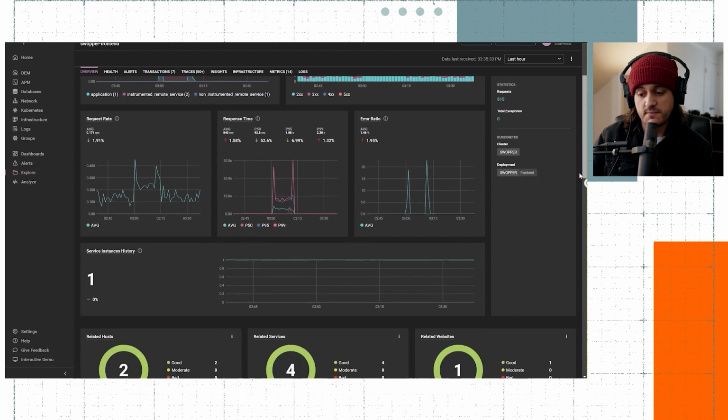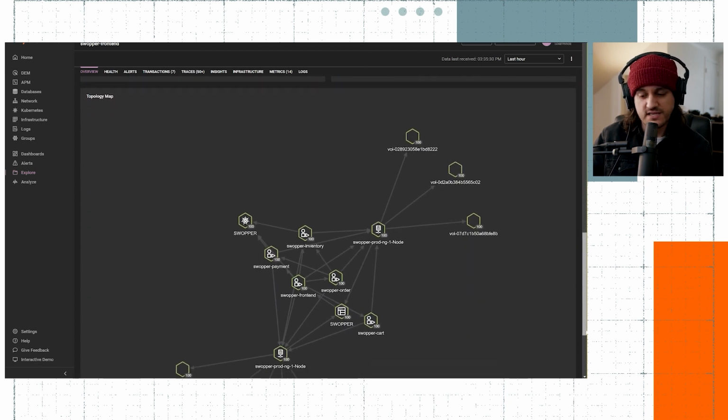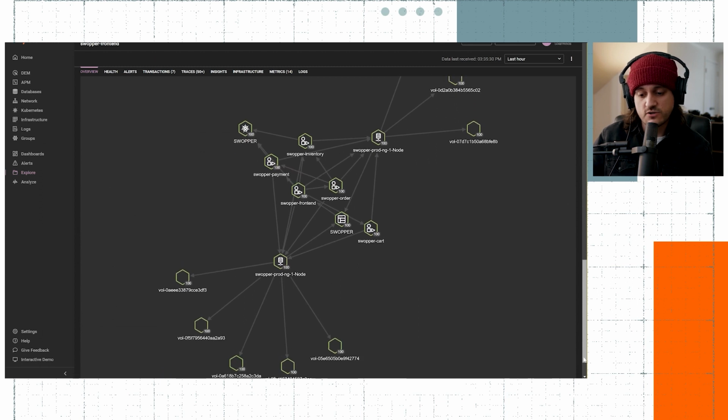If I scroll all the way to the bottom here and we take a look at that topology map, the automated visualization of the relationships, this actually shows me the two EC2 nodes that are running most of the application landscape that the front end service is a part of. And I can see that we have EBS volumes attached to them.